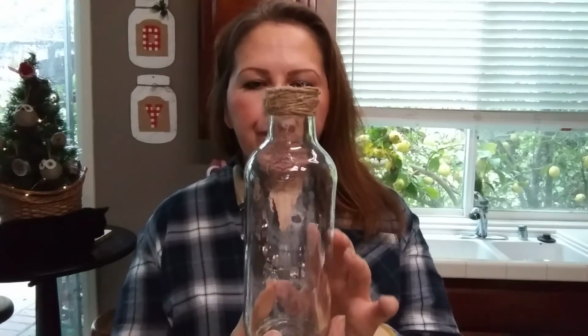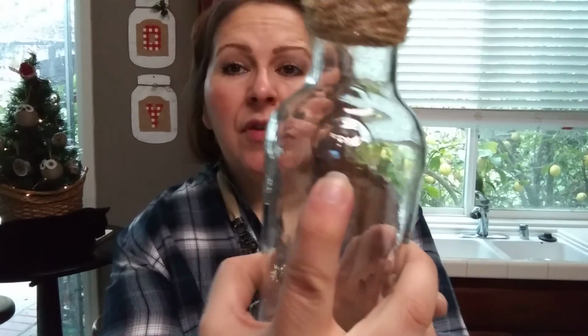But I put them on some bottles that my tenant just happened to be throwing away. He has like a ton of these. It's kind of like what kombucha would come in, and I just put some jute around the top from the Dollar Tree, and it actually has like a little tree here. I don't know if you could see it. It's very slight, but what I did was I have 3 of them, and I have more actually, and I'll probably be using these in the springtime. I put some butterflies on them,